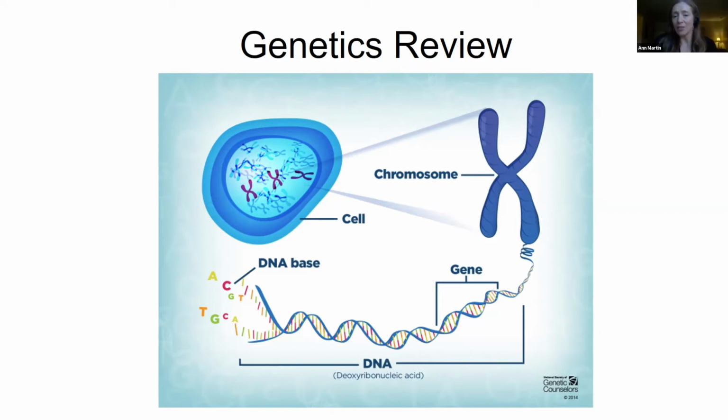If we could actually unravel the chromosome, we'd see that it's made up of the DNA molecule. Each small segment of the DNA is a gene, and each gene codes for something in particular in our body. So what we're talking about tonight is the dystrophin gene, and it codes for the dystrophin protein. But there are actually thousands of genes along the length of the DNA within our chromosomes, and each gene codes for a different protein within our body. If we could further unravel the DNA, we would be able to see the 4 bases that make up DNA, the A's, T's, G's, and C's. Maybe you've noticed these on your child's genetic test report,